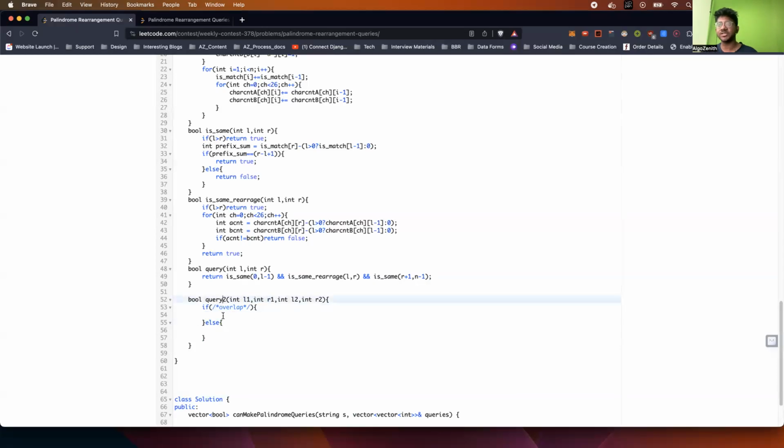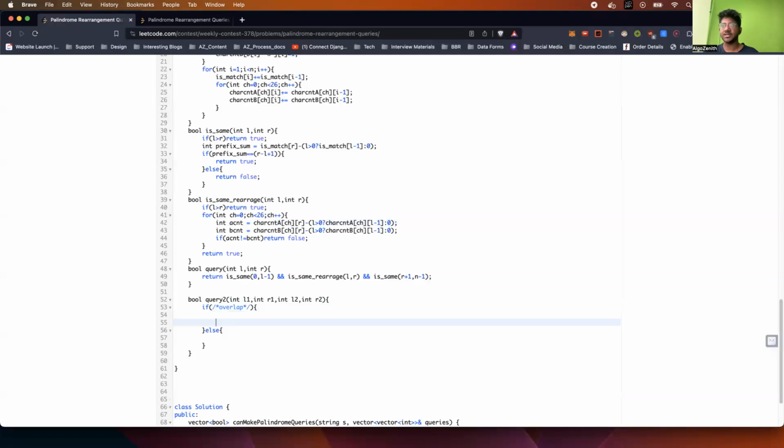So in the first one's case, you will have to find the whole frequency count in that range. This way, 26 characters. And whatever is not overlapping, that part you'll have to match. So let's think it this way. I'm assuming that